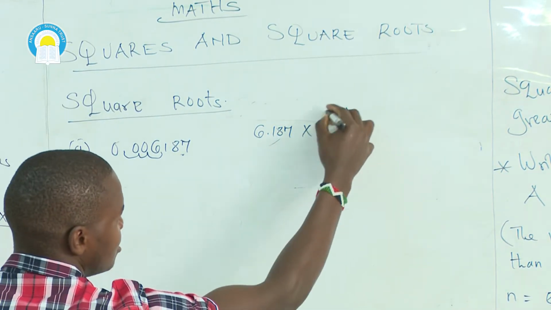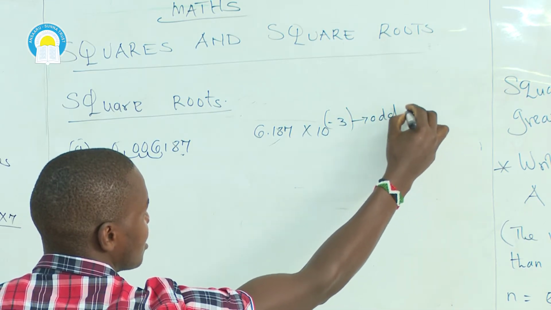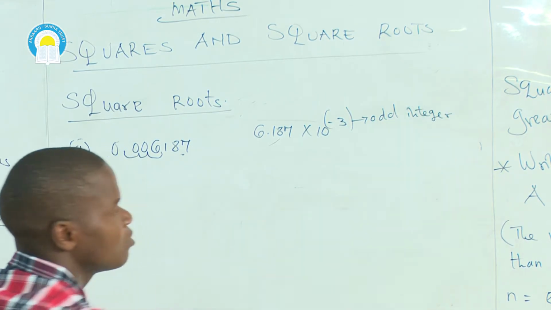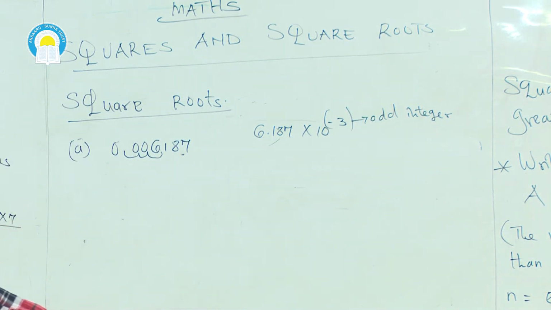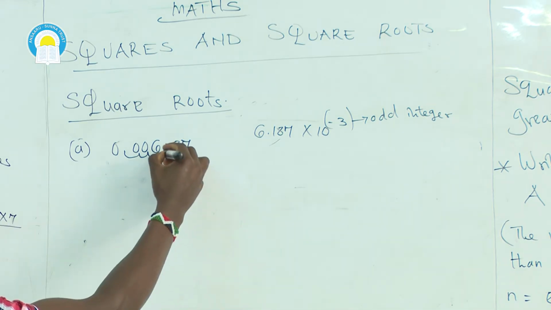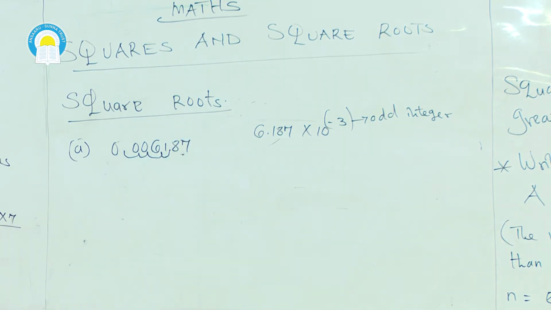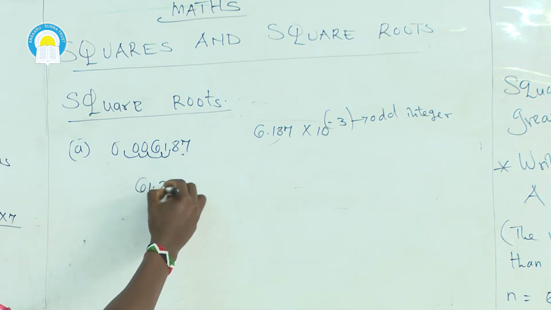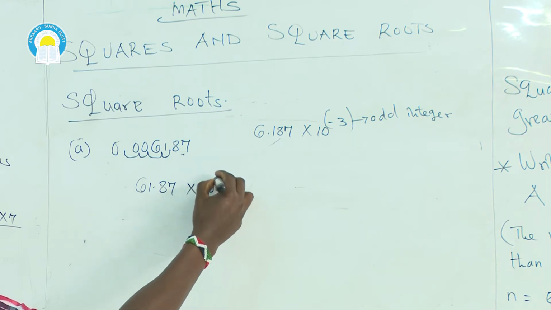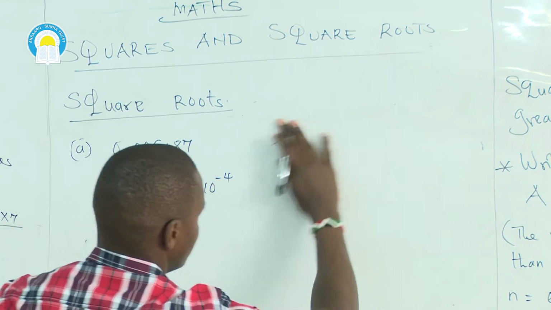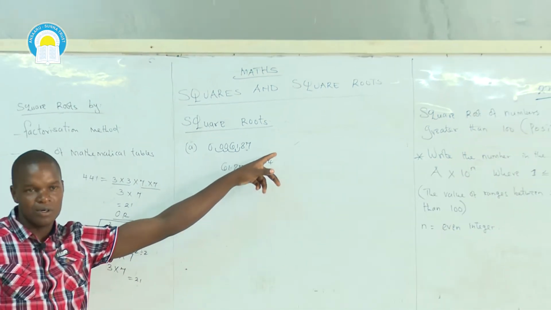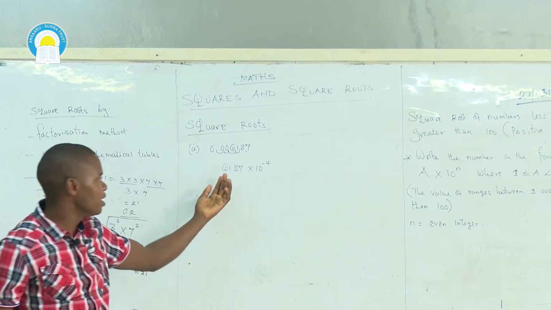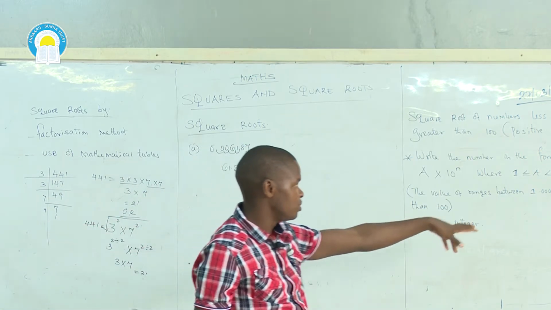In this case, n is not an even integer. This is an odd integer. For you to find the square root of a given number, the value of n must be an even integer. So what you do, you move this decimal point such that a lies between 1 and 100, and the answer is 61.87 times 10 power negative 4. In this case, the integer 4 is even, and the number 61.87